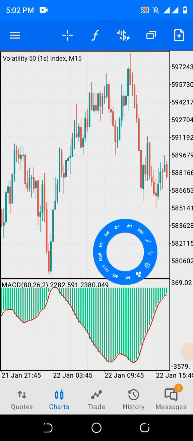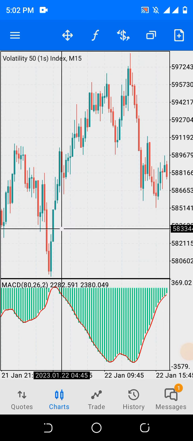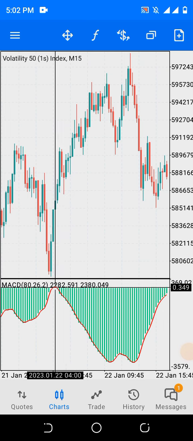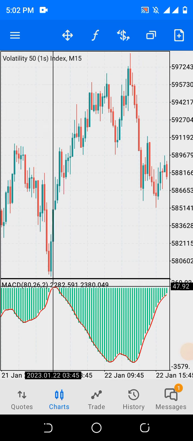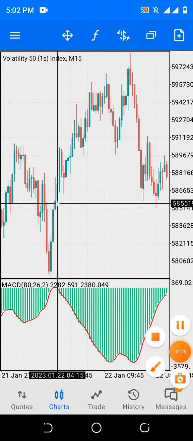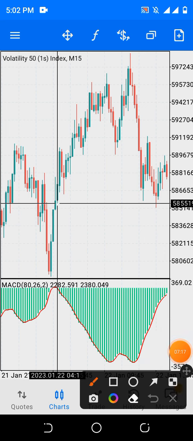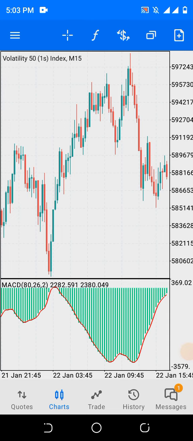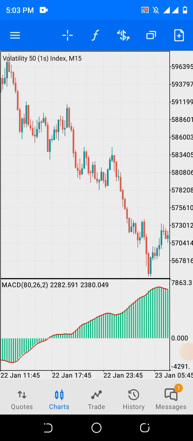Now this is the first entry here. Look at the MACD here. This point where the MACD moves up and comes down, the first buy entry will be here. From this point we work our buy entry. So we record this profit, go out of the market, and wait for another crossing.